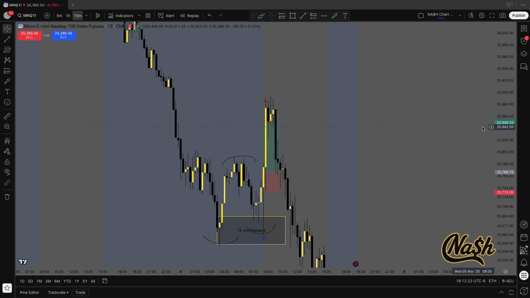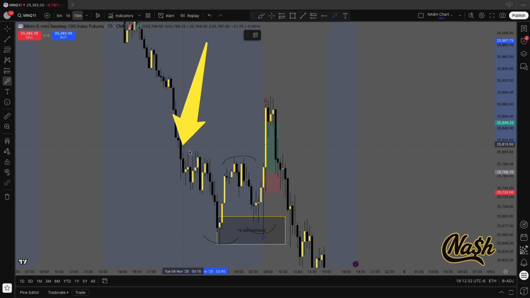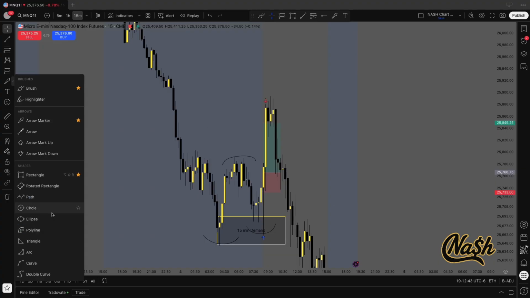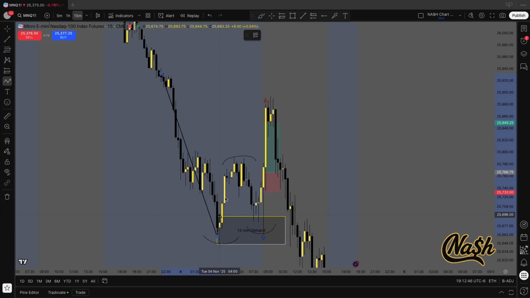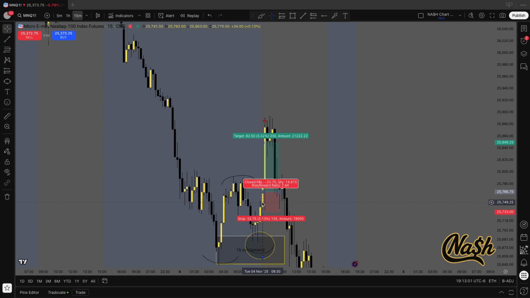And the reason why I caught this trade and I was able to see it was clear as day what was going on. One, price pushed all the way down since yesterday with no pullback, and this was the pullback. This whole move right here was the pullback or the correction. Two, price made a W formation. So if we go right here and we grab our path out, we see that we have a clear W formation that was created, right? And then three, we also had the higher low creation inside the 15-minute demand area, and then we had a strong bullish pin bar push out of that area, and that's why I got in.